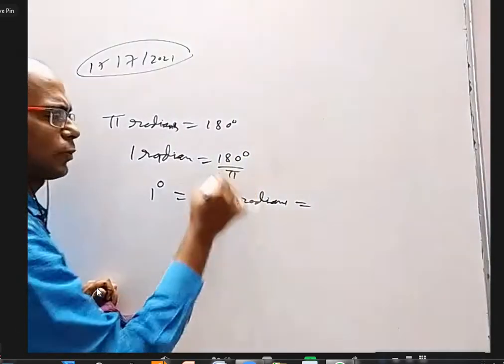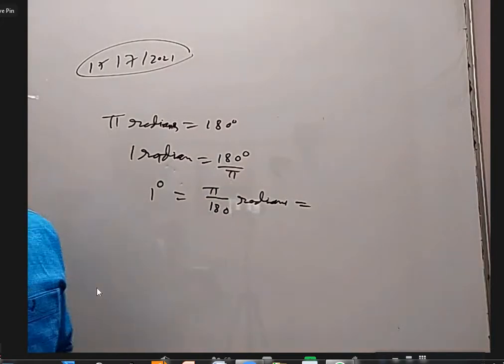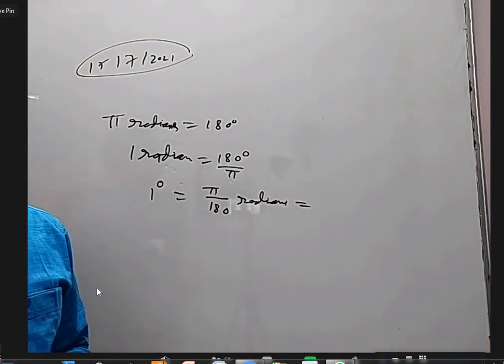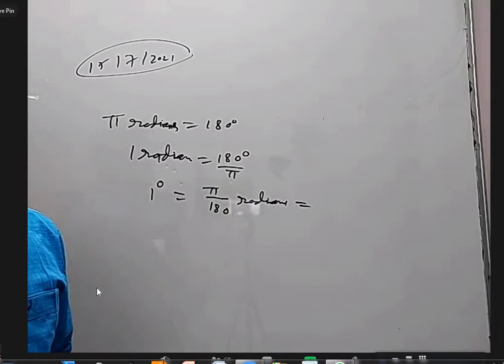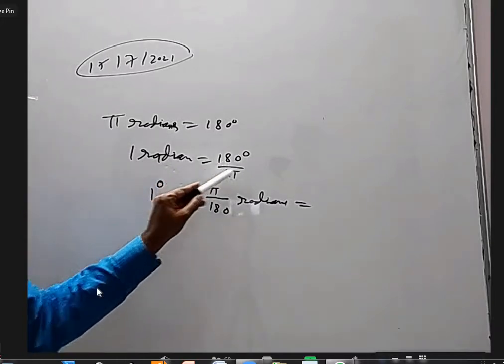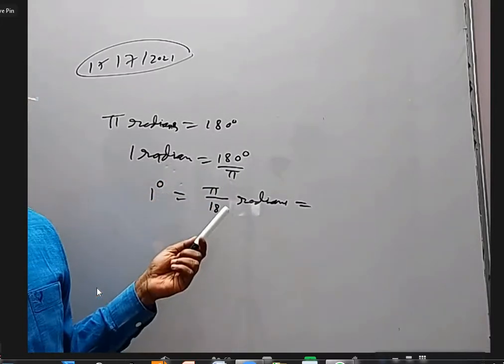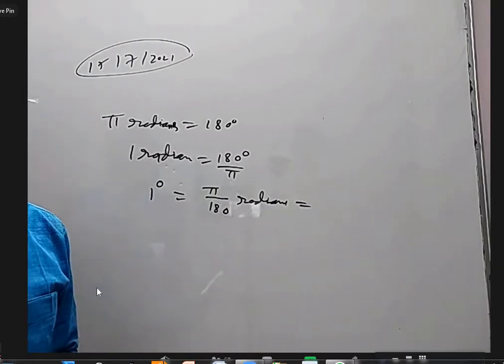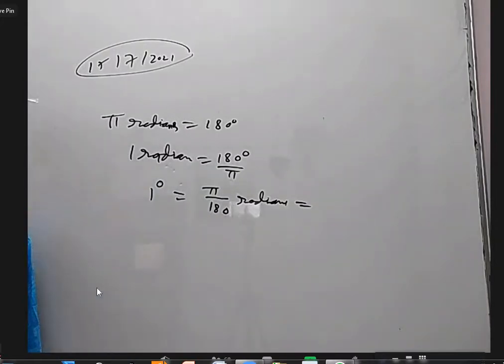You know, pi value is approximately 3.14, right? Somebody, does anybody have a calculator? Yes, sir. Okay, why don't you type 180 by pi? If you have a scientific calculator, you can type pi. Somebody has a brother or sister studying engineering, they may have a scientific calculator at home.